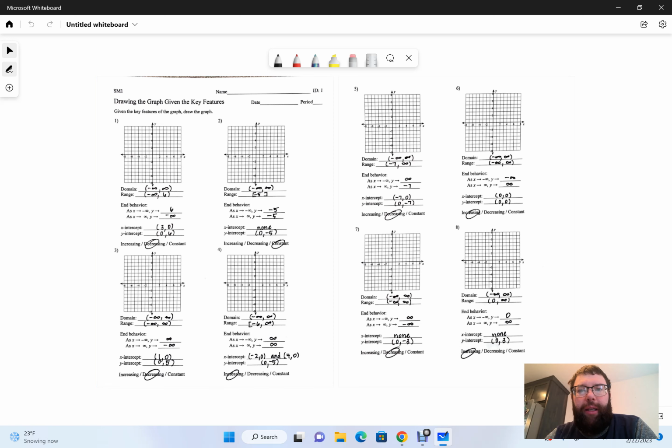Okay, everybody. So we are going to be talking about going backwards, basically. We're going to be given the key features of the graph, and we're going to have to figure out how to draw the line now. So first things first,